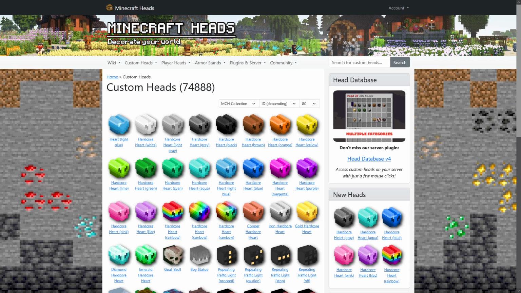Today I wanted to give you a quick update about an internal change to MinecraftHeads.com. You might have recognized that here you no longer have the main collection and the user collection. So I thought it might be a good idea to explain why we made this change and what this change means.